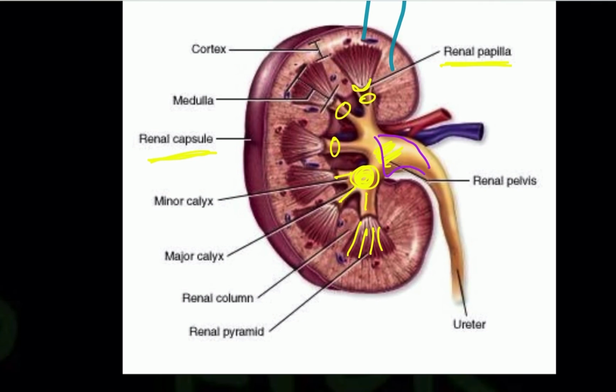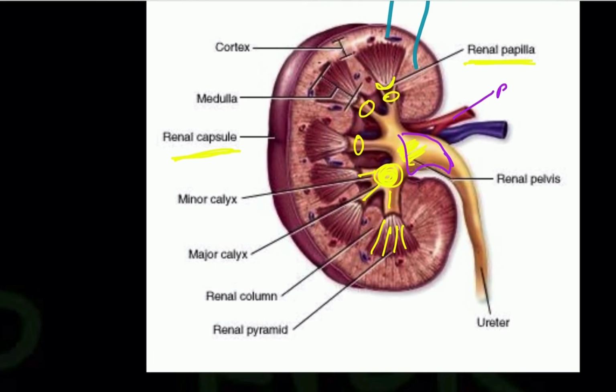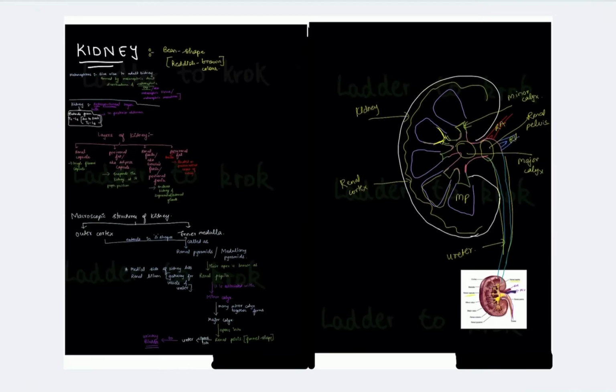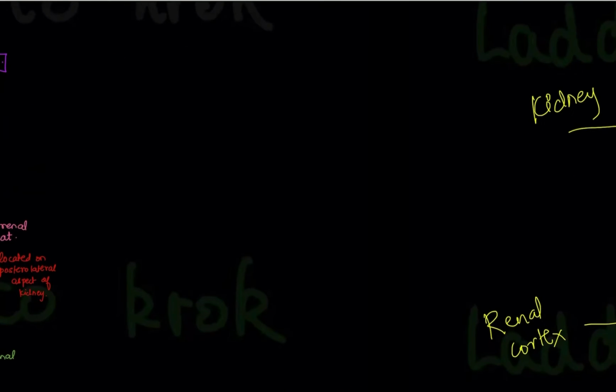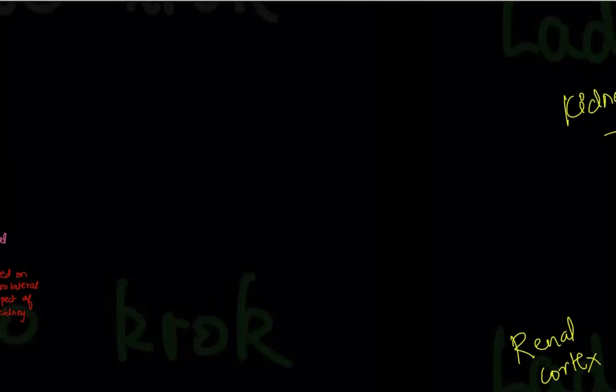This is the renal pelvis, the funnel shaped renal pelvis. And here is the hilum, as I said. Here you can see the renal artery, the renal vein, and also the ureter exiting. So I hope this is clear. The major structures of the kidney are clear. Now there are a few things you must remember about the kidney: its artery, its vein, lymphatics and everything.